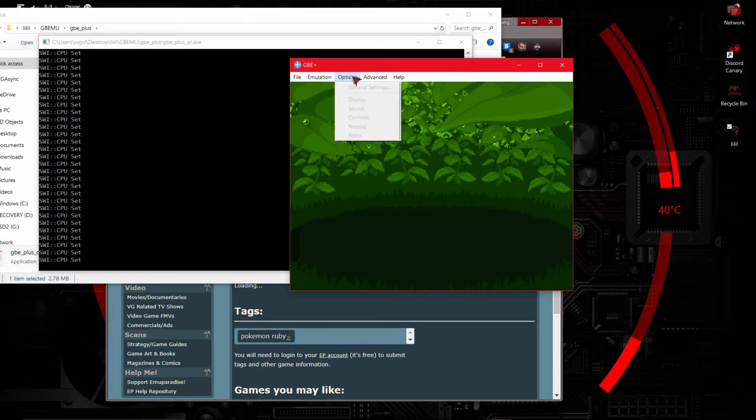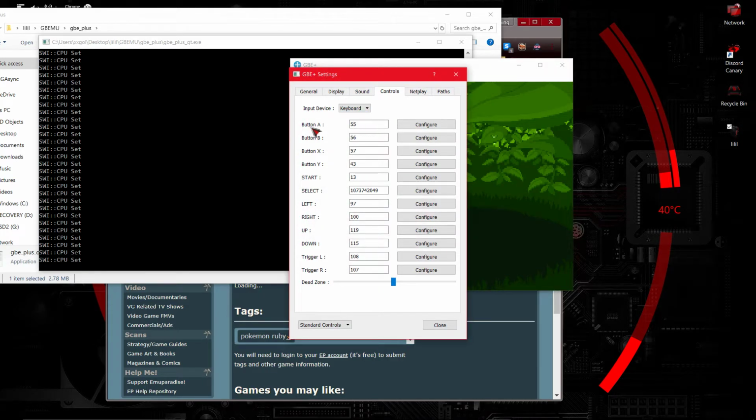And of course, you're going to have to start going through the options, controls, and keyboard, and then just click configure, and then whatever button you want. Preferably, what I did was I set A, B, X, and Y to Q, W, E, and R. Select and start, I set with tab and enter, and then left, right, down and up, I used my arrow keys, and L and R I used